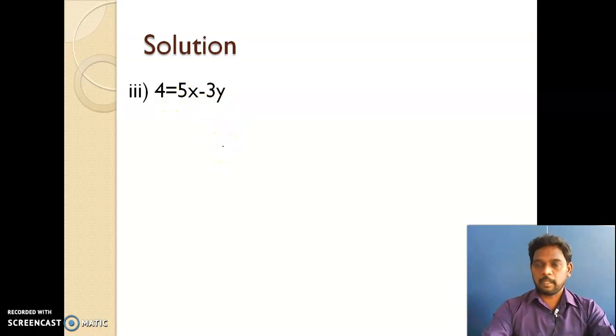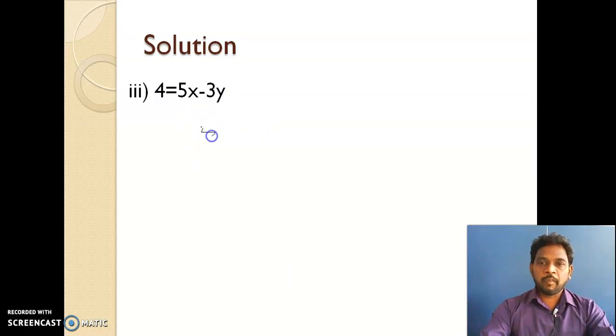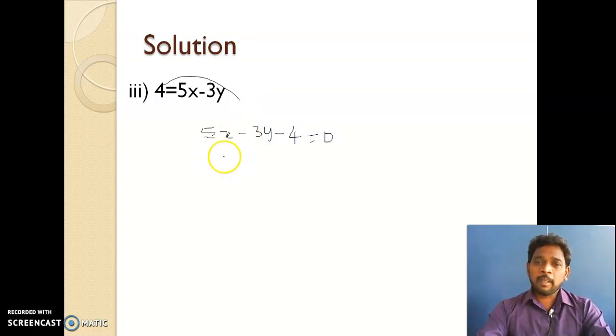We are going to convert like this, but on one side, 5x minus 3y, there should be 0 on only one side, right-hand side or any one side. I need 0 on one side, so bring the 4 to the right-hand side, so it will become 5x minus 3y. When we bring this 4 to the right-hand side, it will become minus 4 equal to 0, right? So now compare, what is a now?